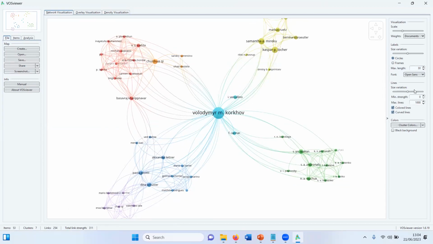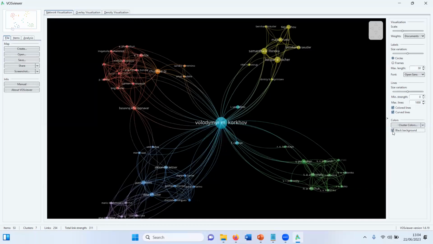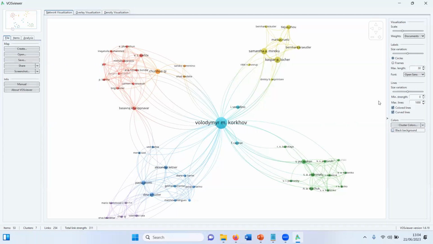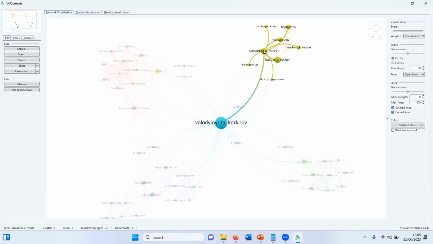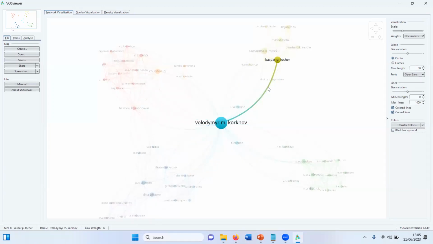Here on the right, I have a lot of options to adapt the visualization to my needs. I can select a black background or a standard one. Sizes and colors can be adapted, the font, etc. When you hover over the nodes, you see on the bottom more details about it. So down here at the bottom of the window, it says there are 6 documents that have been co-authored. There are 8 links to other authors and so on. I can also hover over a specific link, and I also get more details at the bottom of the window.